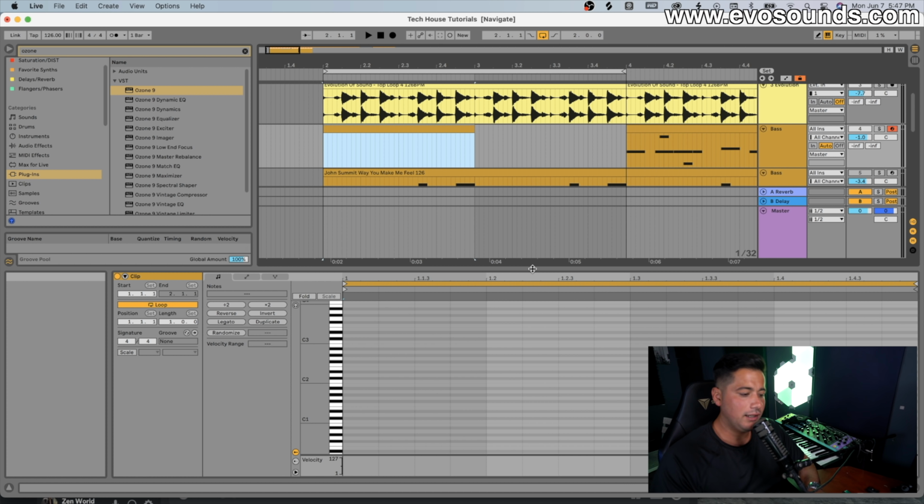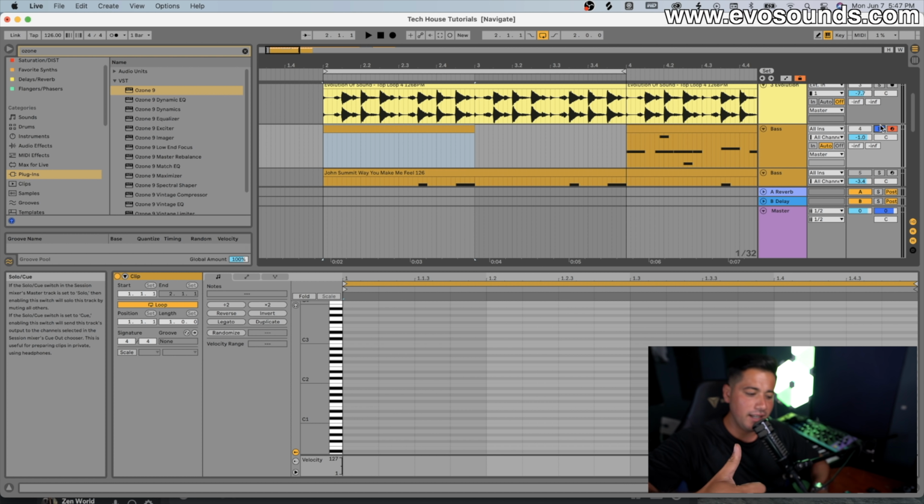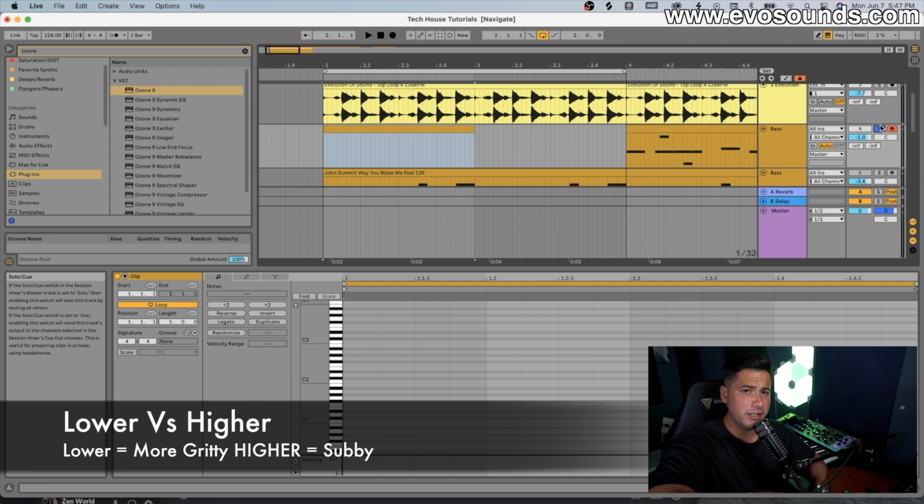If you go with lower keys, like John Summit's in C minor, you're going to notice that it sounds a lot dirtier and a lot grittier. Okay, versus A minor, which I believe the Dom Dolla track's in G sharp. But in A minor, if I play the same thing, you can see that the vibe completely changes. So if you're trying to make something dirty, just stick to lower keys, lower scales,